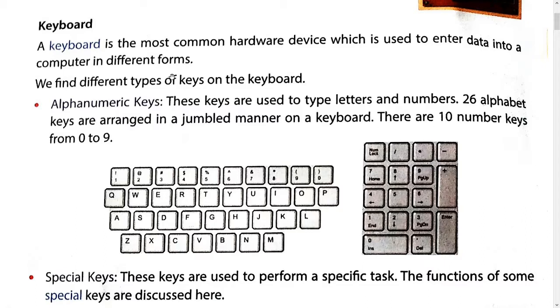In the last two classes we have discussed the basic components of a computer, hardware and software, and we have already discussed some hardware parts of the computer, like the monitor and the central processing unit. So again I am starting from the central processing unit, the processing device of the computer. It is called the central processing unit or CPU, and this is the main part of the computer. It is the brain of the computer.